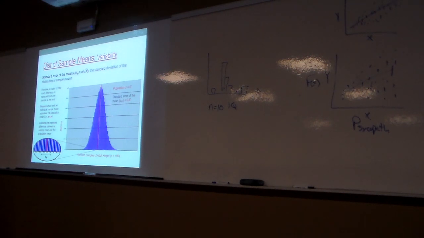And if I were to ask how well this truly estimates the population mean? Probably not great, right? On average, it's going to jump around by 3 inches, or it could be more, who knows, but on average, this is kind of what we've got. You can also think about your standard error, the expected difference between the sample mean and the population mean. So how much distance is going on there.